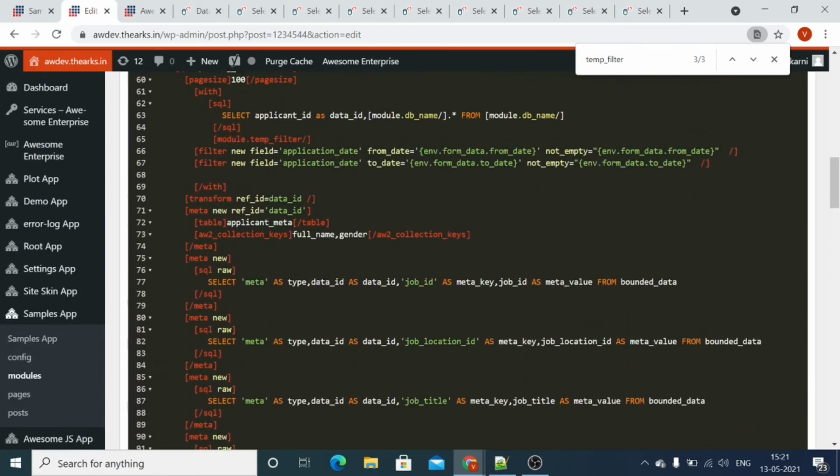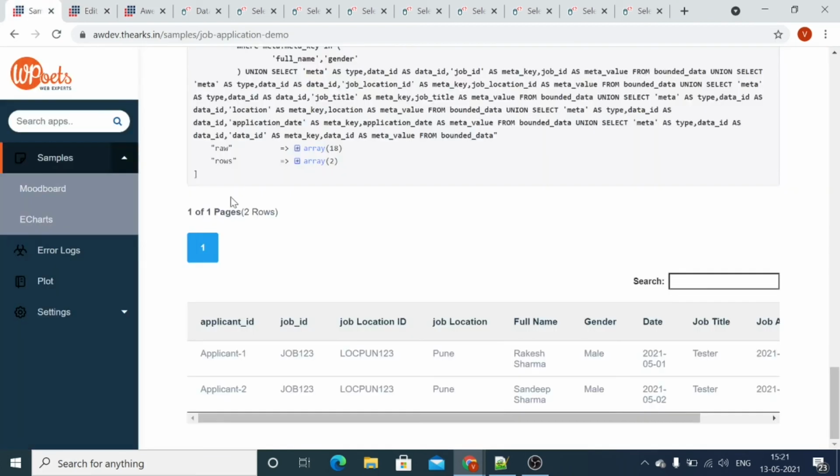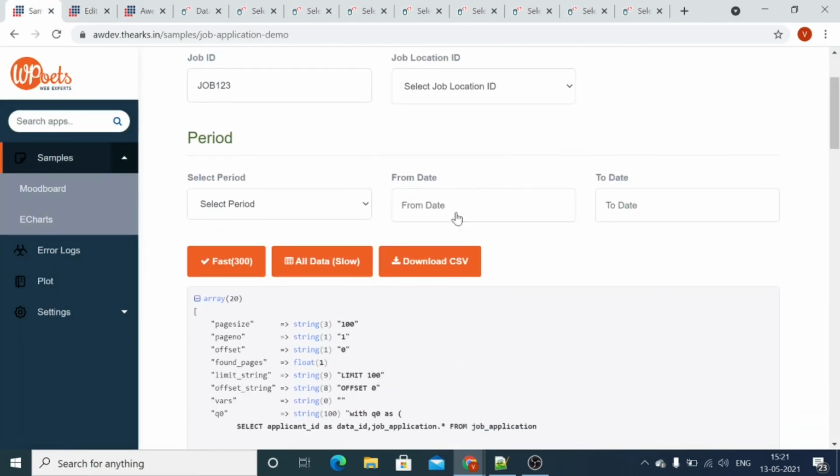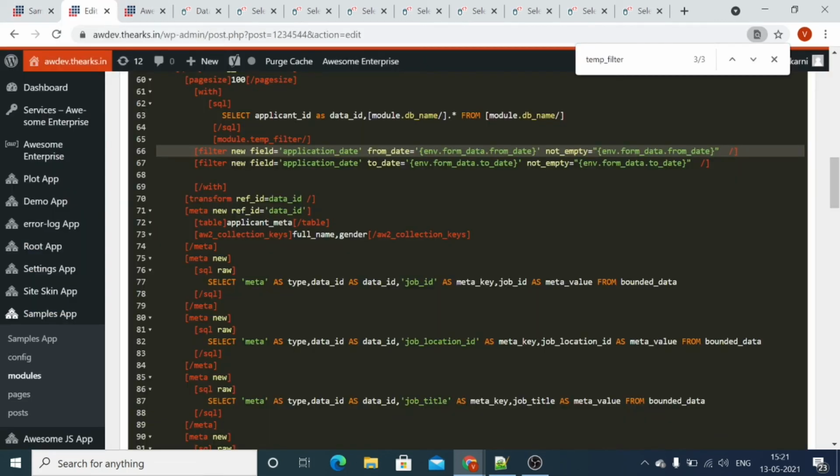Now one more filter that we have, that is on our application date. So we have to date and from date. So this will help us to filter out our result based on the date. So whenever the from date is not empty, then this filter will appear.